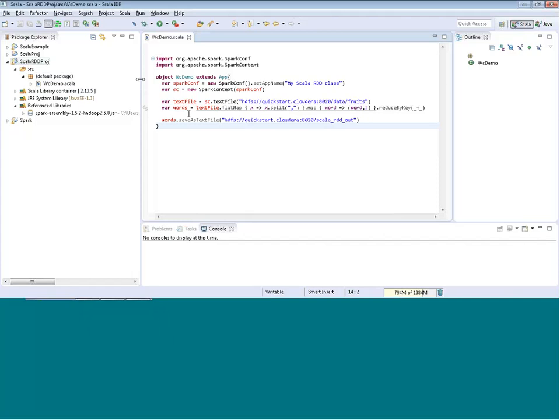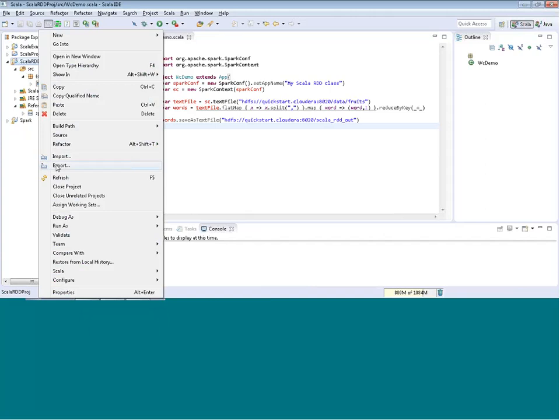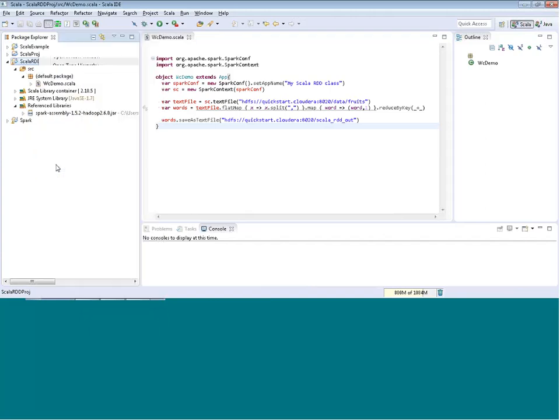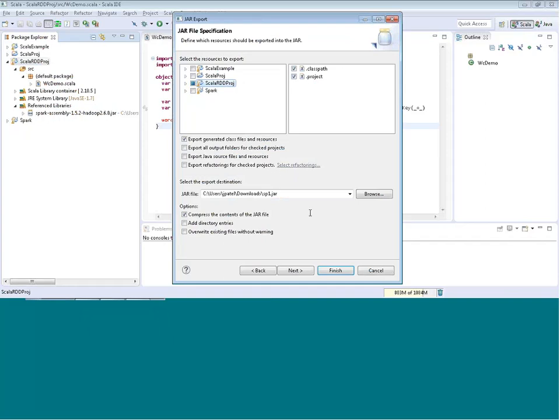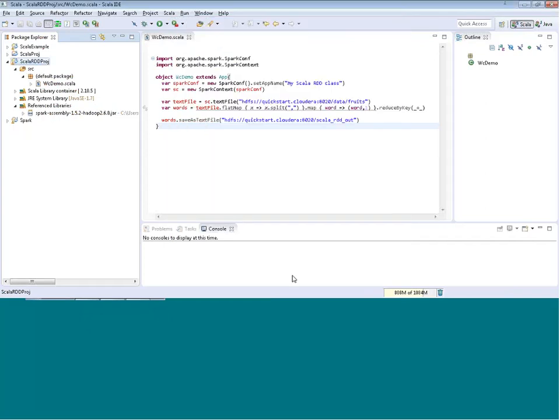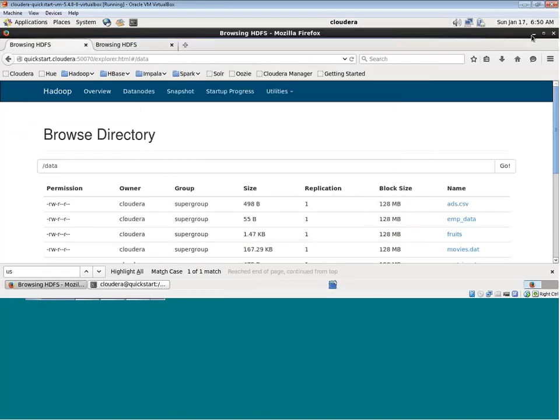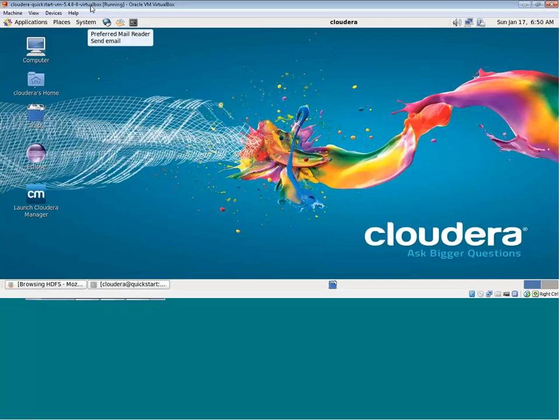Now my Scala project is perfectly compiled. Okay, I can directly create a jar. How do you create a jar? It's same as Java, export as jar, because in Scala also you need to create a jar only. And then let's say I'll say Scala.jar. Okay, I'll finish it. I need to basically put that particular jar in the virtual box. So what you should be doing is,